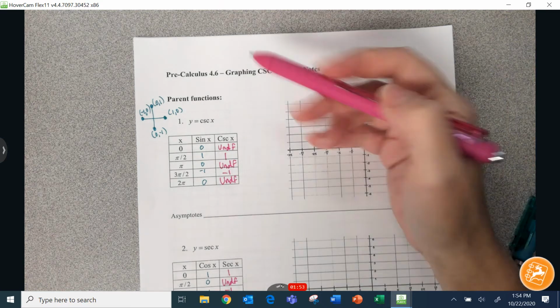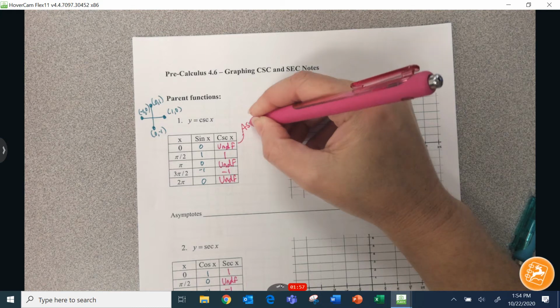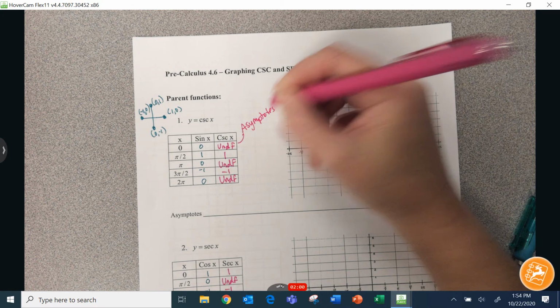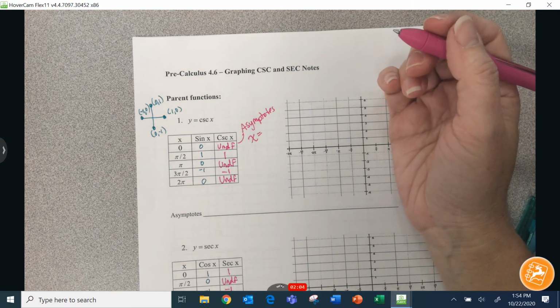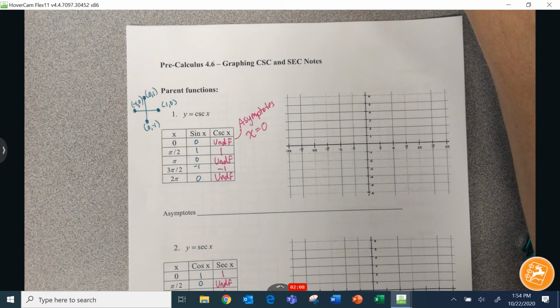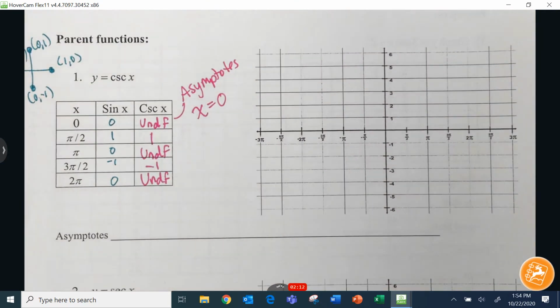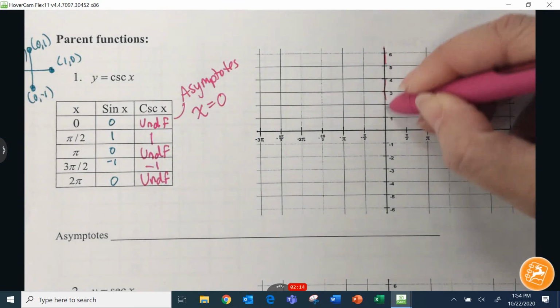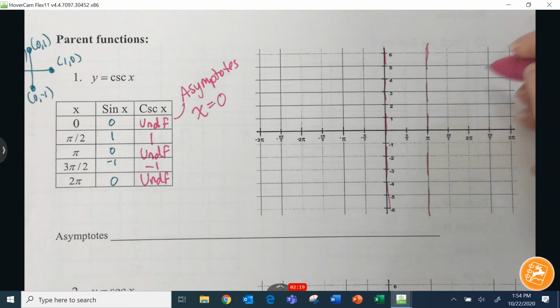So anyway, what's happening is we have this nice smooth curve, and then it's going to break apart, and we're going to have 2 pieces. So every place that you see an undefined, these become asymptotes. And they're always written as x equals, and then to get that x equals, you're looking at the x value of that row. And asymptotes would be like an imaginary border that the graph is not going to pass through, but it's using the asymptote to form. It's approaching that